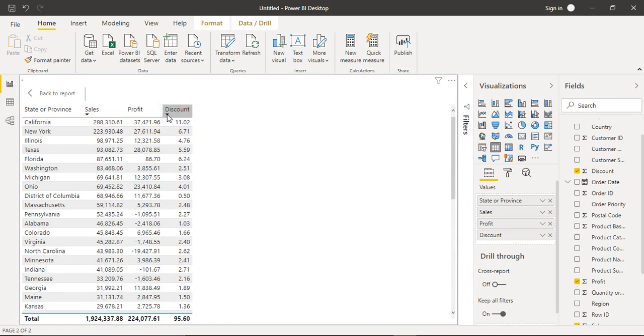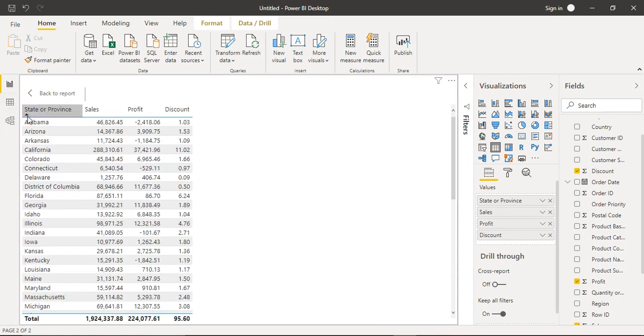Basically, any number of columns that you have, you can just sort on the basis of that only. Okay, so yeah, if you want, you can also work with the states by just simply clicking on this arrow. So this is actually very much simpler than the Excel counterparts or any of the competing software counterparts that we have got in Power BI. That is the beauty of Power BI, its simplicity.